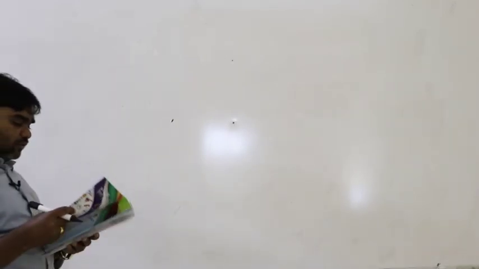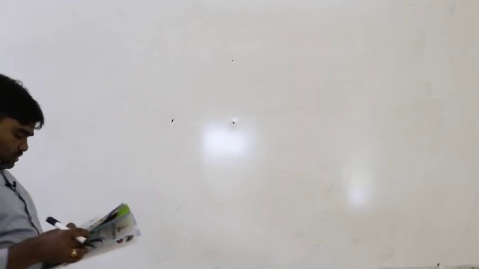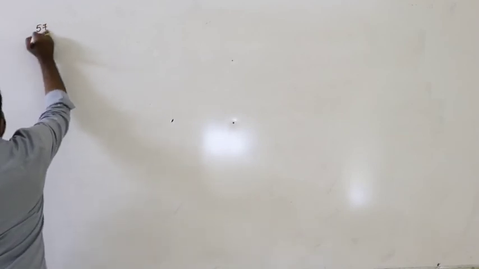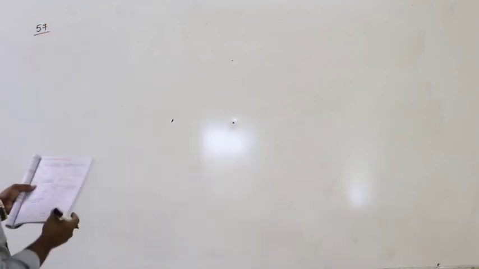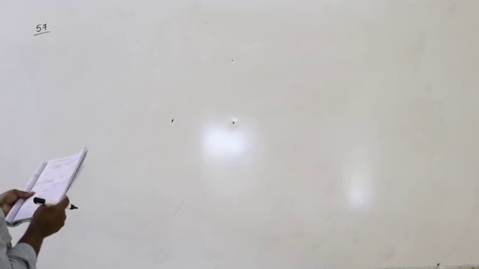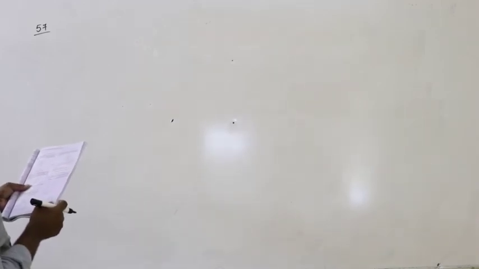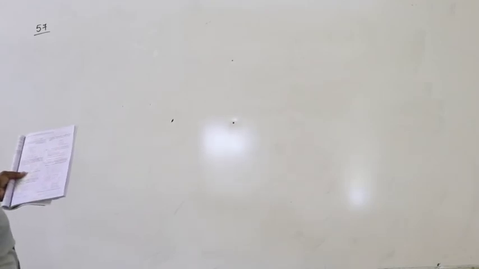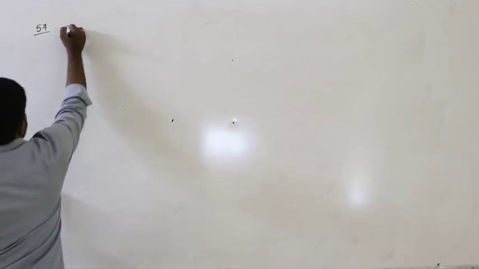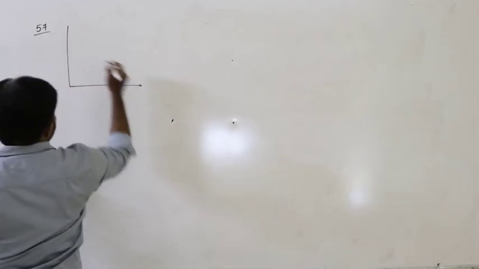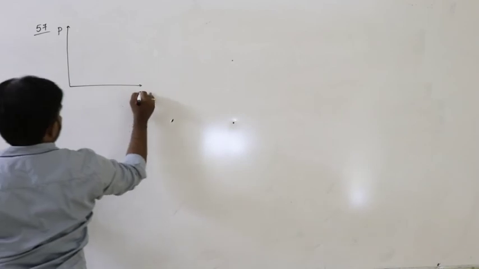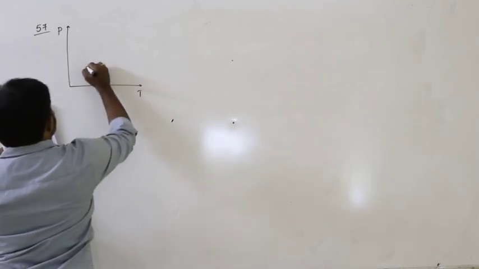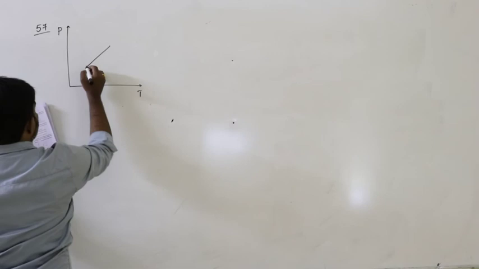Next, let us do one more example. Similar to example 54, directly we have to find out the area. So see the question number 57 here. Example number 57. The pressure versus temperature graph of an ideal gas is shown in the diagram. The density of the gas at A is rho naught and the density at B is asked. So pressure, temperature, this is the shape of the graph given.